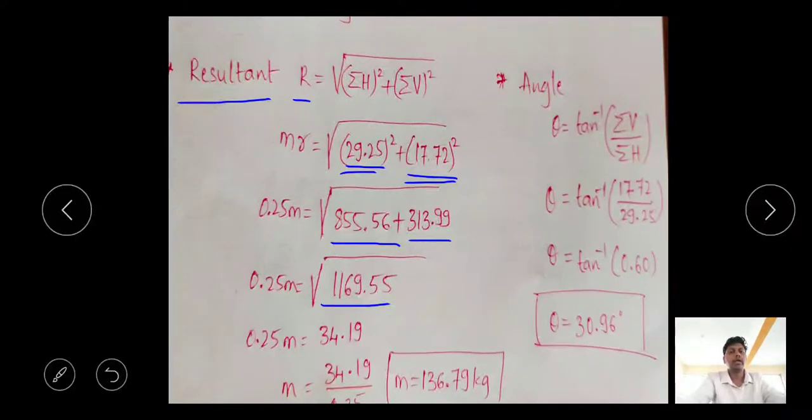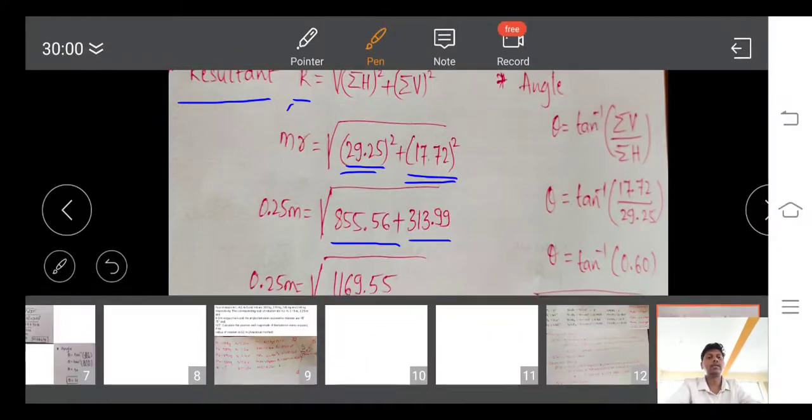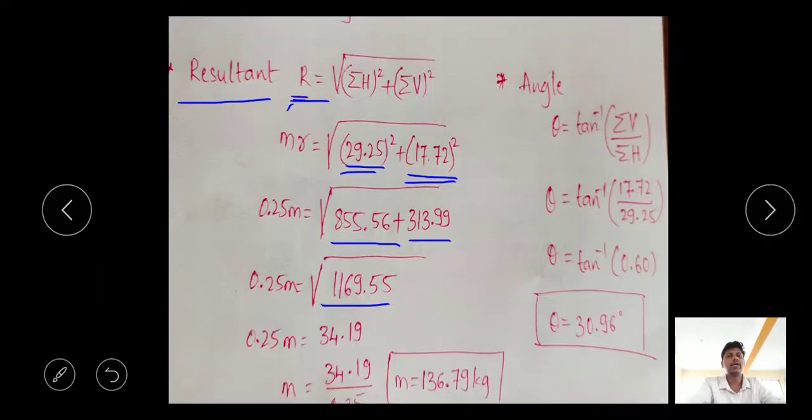1169.55. Okay, now similarly here, the resultant is nothing but whatever resultant you are getting, it is also a force, so it will be m into r. So you don't know the value of m, you keep it as it is. The r value is given, so for the balanced mass it is given as 0.25. What is the balanced mass he has given? Always this r will be given, so r value is 0.25. So 0.25 into m, so you will be getting square root of this value. Now 0.25 m is equal to square root of